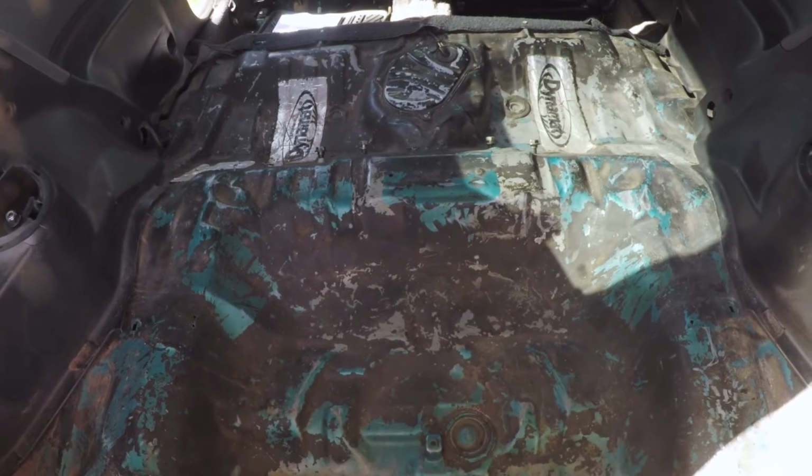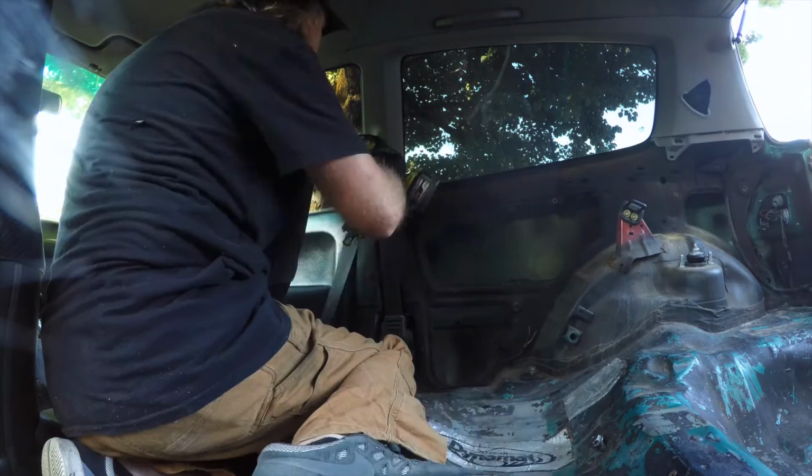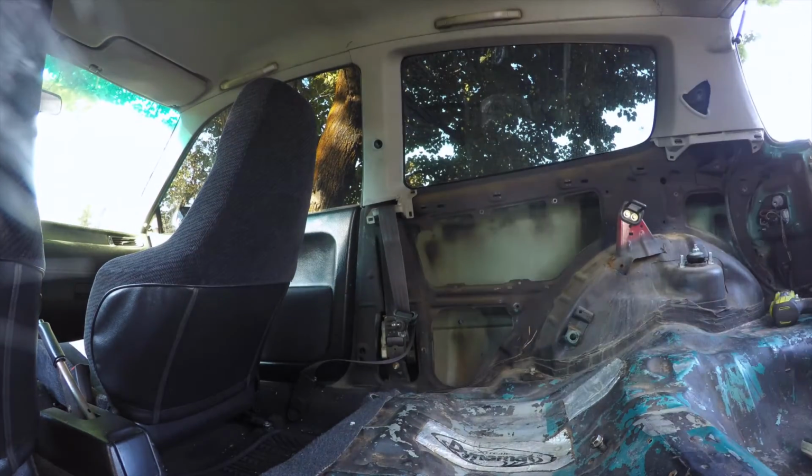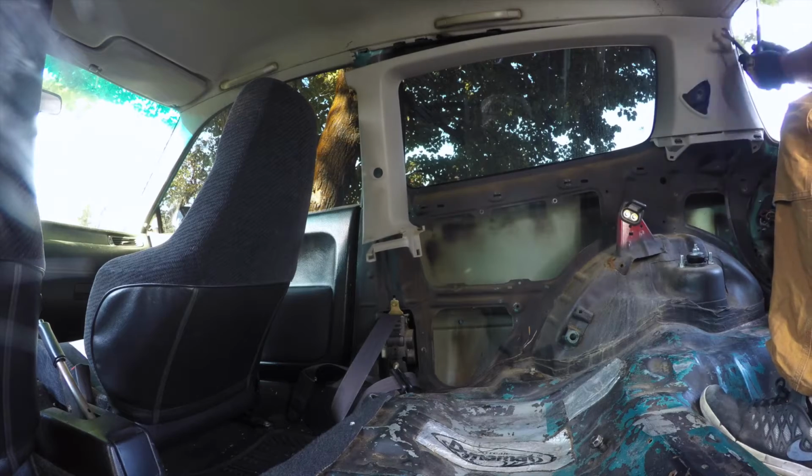It may not look better, but it's better, trust me. I've been trying to do this in bits and pieces, and I've been making good progress. I've got the passenger side pretty well taken care of. So I'm gonna work on the driver's side now, and I'll show you exactly how to get the quarter panel